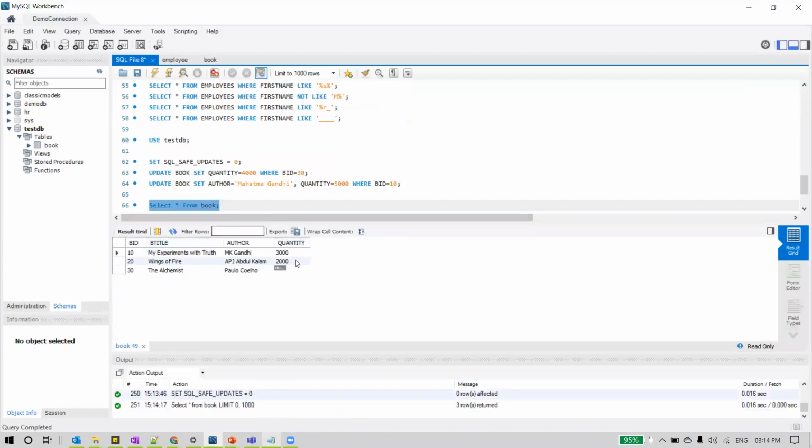And you can see here a table with 4 columns. If you remember, this is the table we created yesterday with 4 columns and 3 rows. Each row has book ID, book title, author, and quantity. And if you observe, intentionally we gave the quantity as null for the third row. Null represents the missing value.